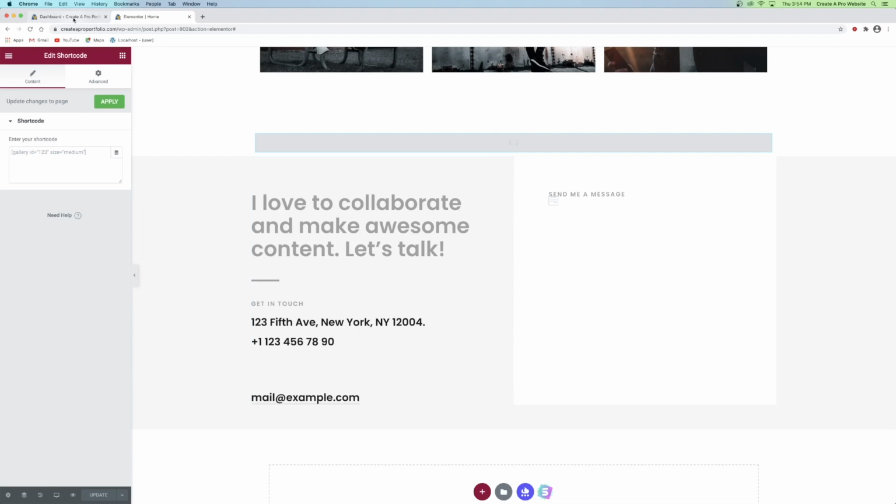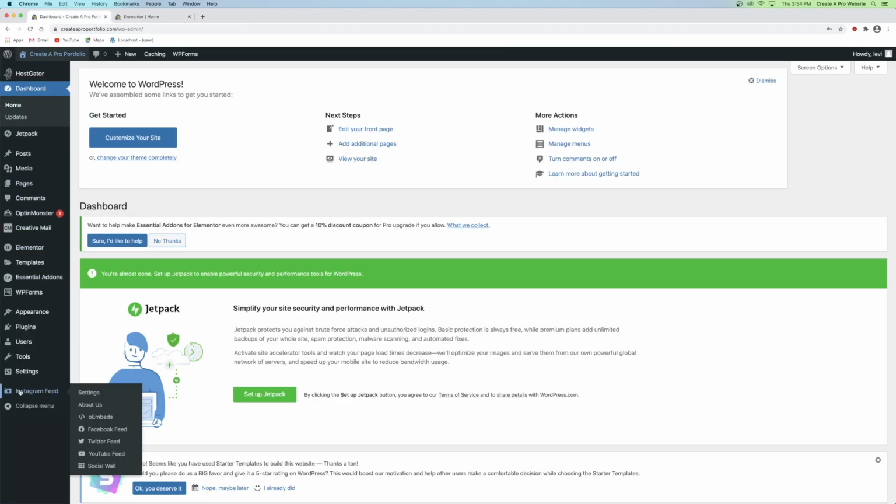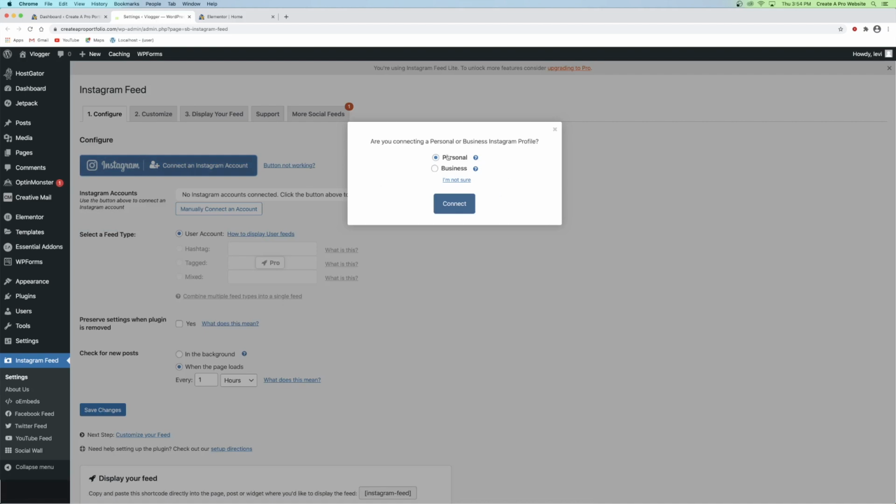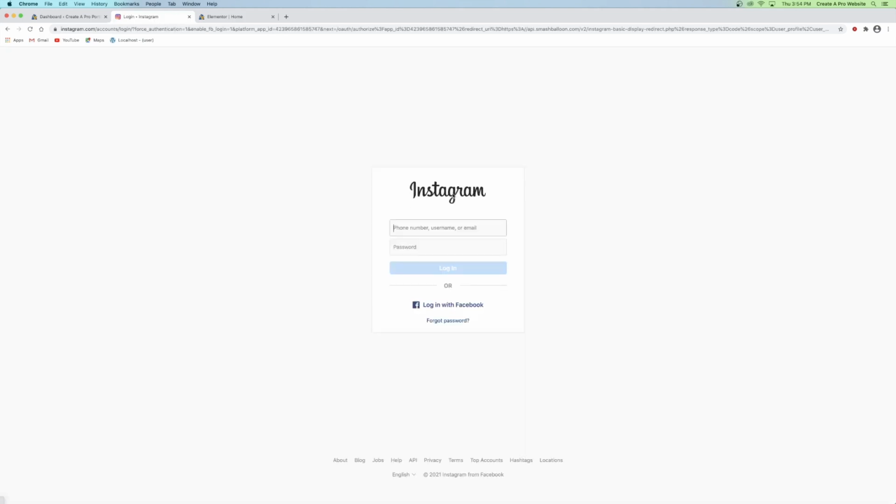All right, and so we're going to go back to the dashboard and go down to Instagram feed, which is the Smash Balloon plugin that we downloaded earlier. And so now we're just going to go ahead and click on it on a new tab. All right, and so this is the part where you actually have to connect it. So we'll just click on the connect to your Instagram account. It's a personal account for me. And then you just